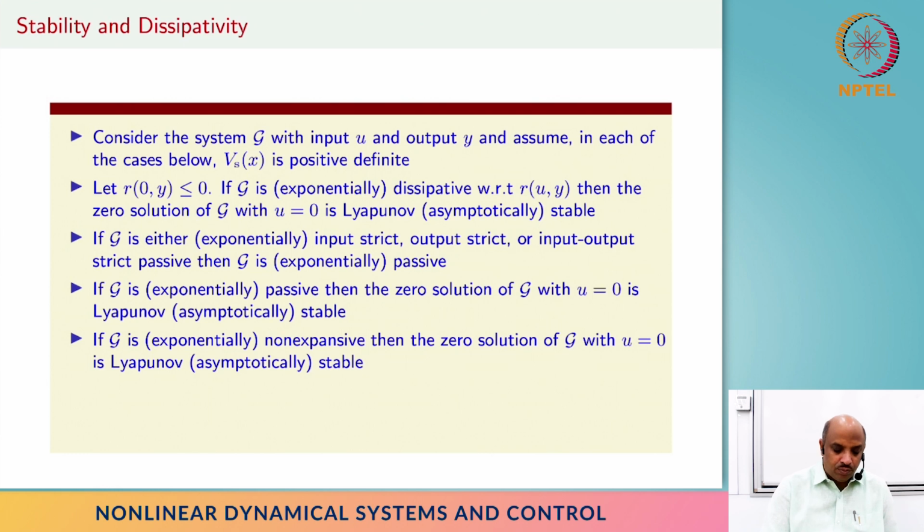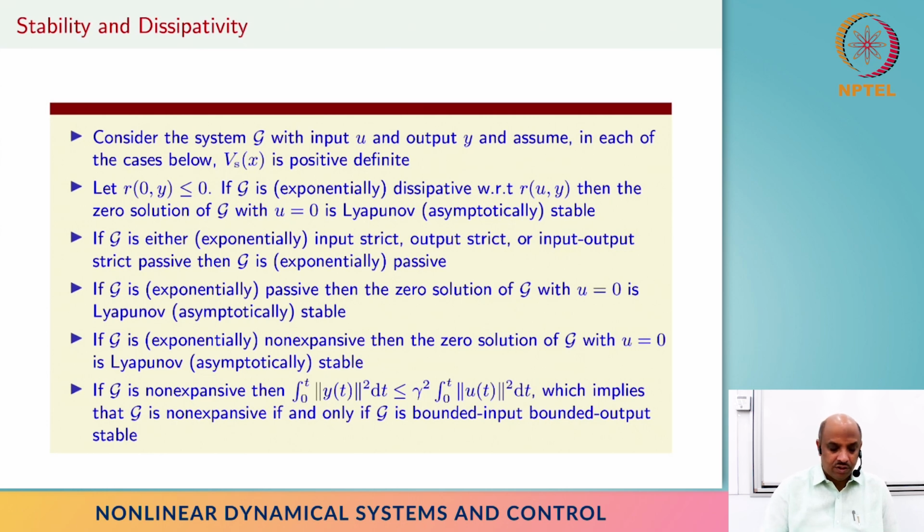Anyway, so like I said, passivity, non-expansivity, input strict, output strict, input output strict, all of them will satisfy this asymptotic stability, if the definition is true in the case with the weight. Then basically the conclusion could be, in the absence of any input, these systems will be asymptotically stable also, right? So the notion of these passive systems and non-expansive systems, especially passivity and things like that, were motivated from physical systems. And it's a nice thing to note that all of them were stable to start with, and then when you put an input